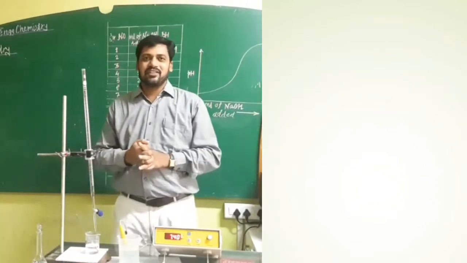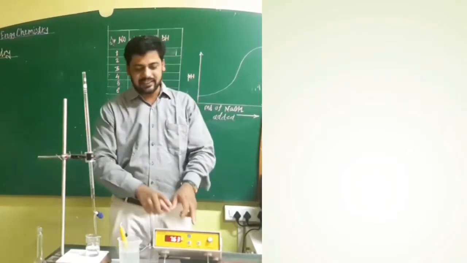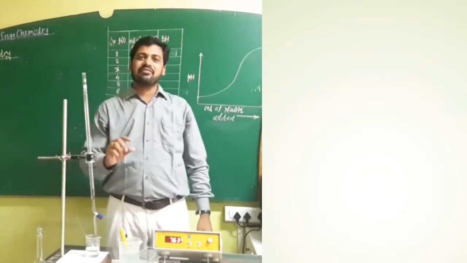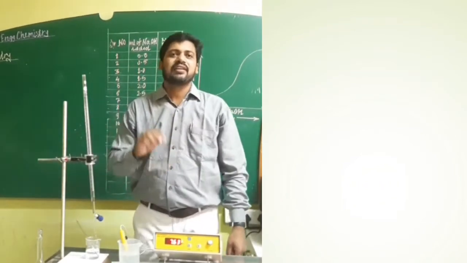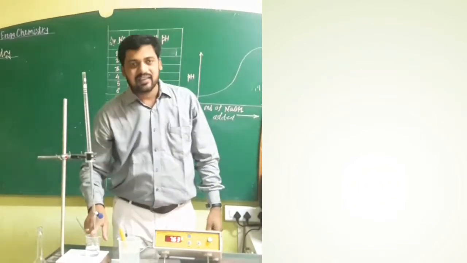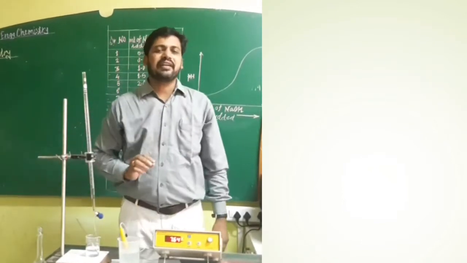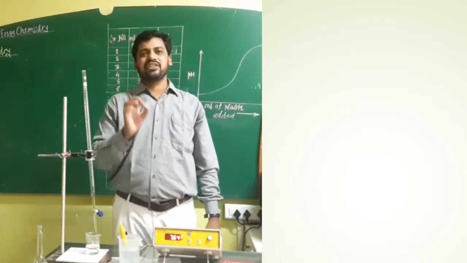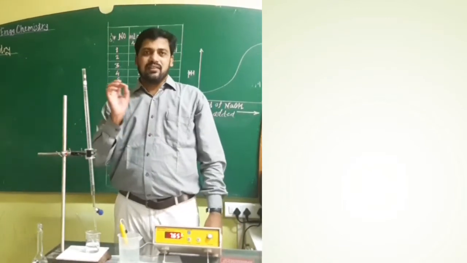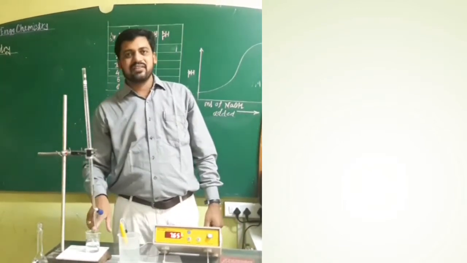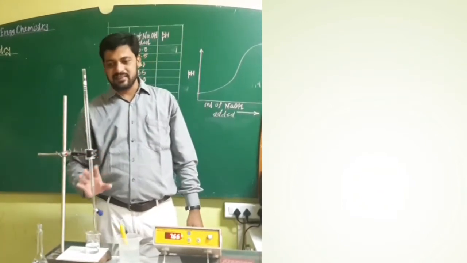Now the second half of the experiment: finding the equivalence point between hydrochloric acid and NaOH with the help of this pH meter. After getting the equivalence point, that is the neutralization point, we will use the M1V1 equals M2V2 formula, and that gives the concentration of this HCl. Then we can find the strength of hydrochloric acid, because the strength is the concentration of HCl, in terms of normality, into its equivalent weight.